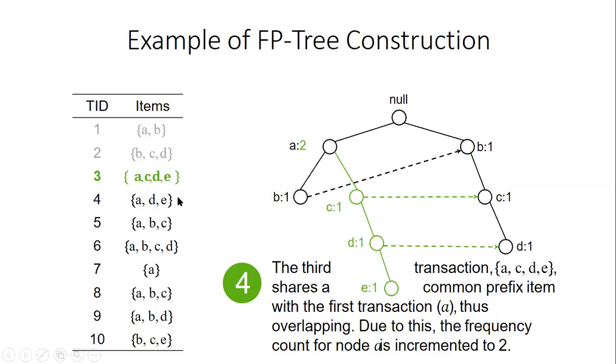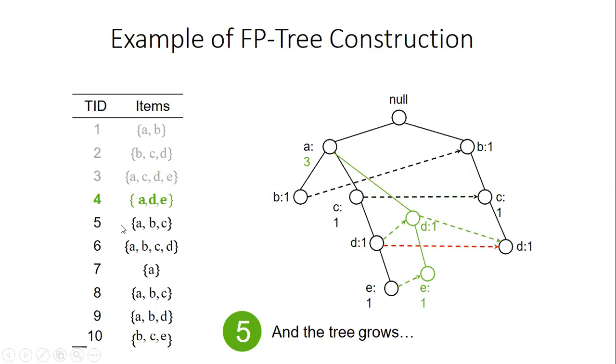Likewise, we keep on doing this transaction wise. So I'll show you here transaction 4, ADE. Here also A is leading, so we go A, then DE. Here B is there, C is there, D is not there. So we'll create one more branch of A: A, D, E. Then we'll increment the counter, because A has come 3 times, 1, 2, 3. Third time we are visiting A. From there we go to D. In this transaction D is only once, so 1, and E once, 1.